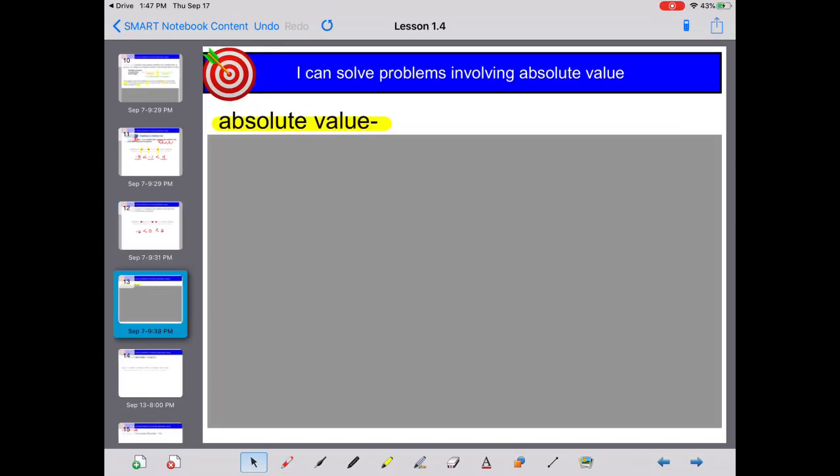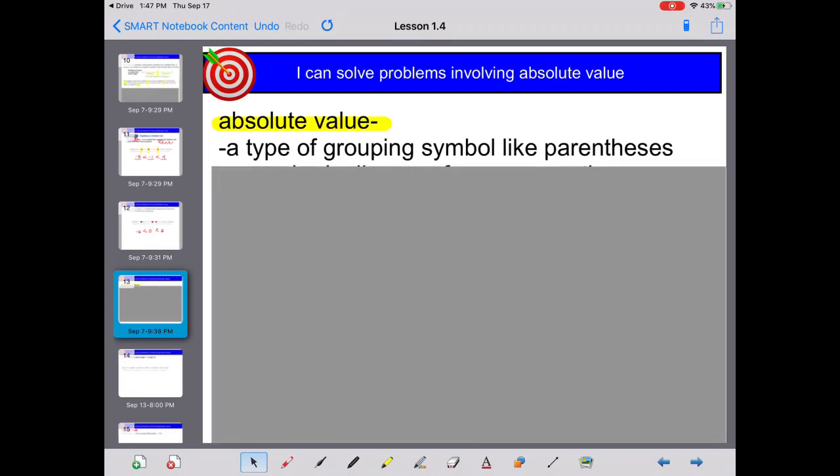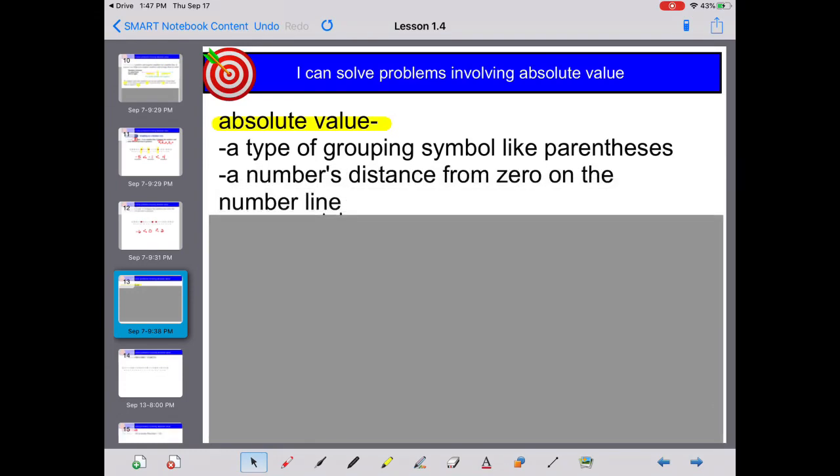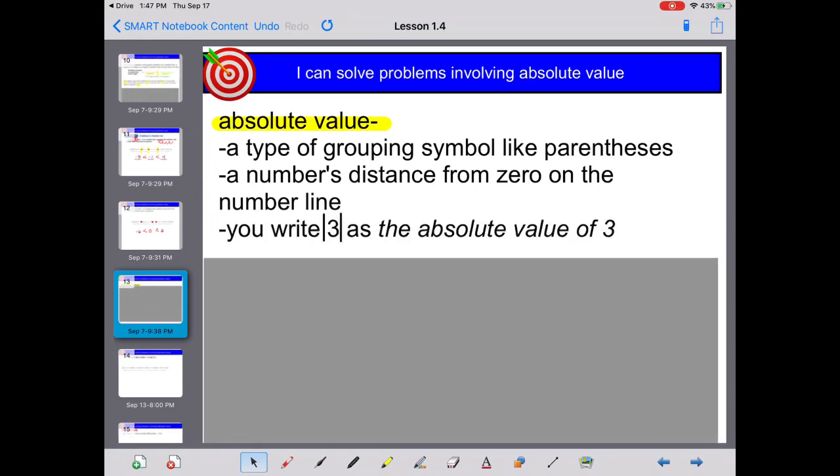Our next vocabulary word is absolute value. Absolute value is a type of grouping symbol like parentheses. Absolute value is a number's distance from 0 on the number line. You write the absolute value of 3 right here with these long bars around the number. Make sure